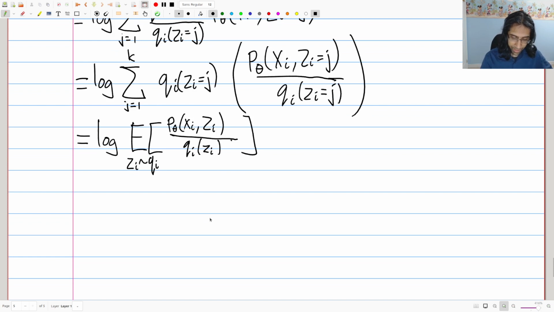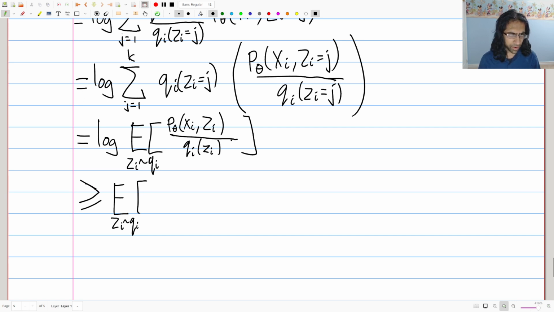And now the step which may be the most unfamiliar to you is we can do the following modification here. And this is going to be the only inequality we use here. We can use what is known as Jensen's Inequality. What Jensen's Inequality does is it lets us swap the order of this log and this expectation. I'm not going to get into what exactly Jensen's Inequality is, but